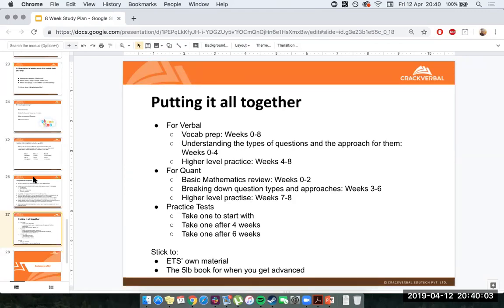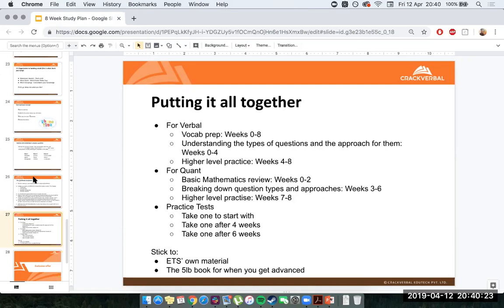You just need to make sure you know the concepts that you learned, right? There's nothing beyond class 10 level. So at the very least, you'll be familiar with the ideas. Focusing on the strategic approach to the questions, that's something that you then move into. And at the final stage, you dive into higher level practice in the final 2 weeks.